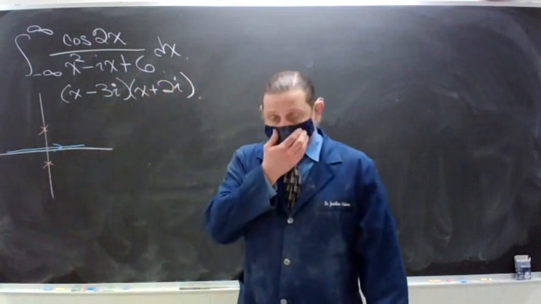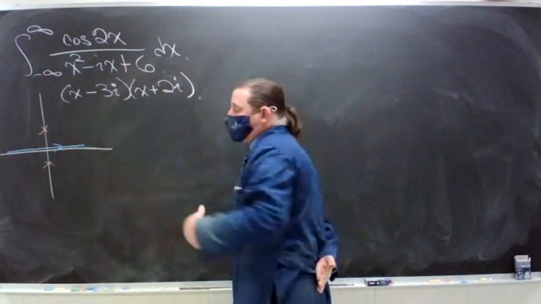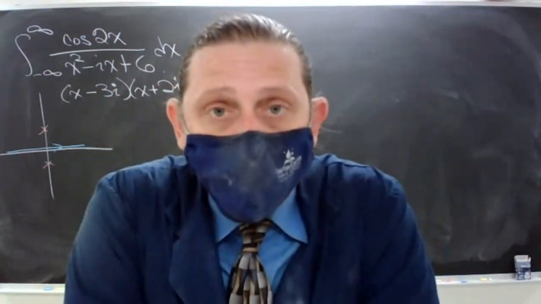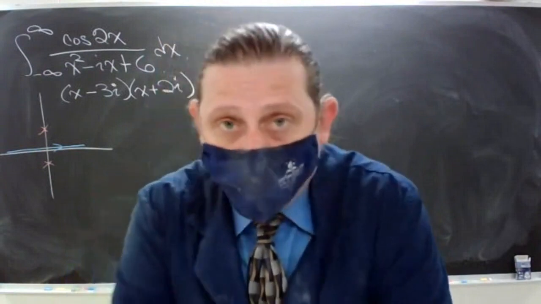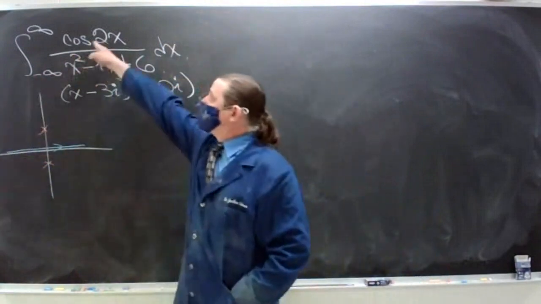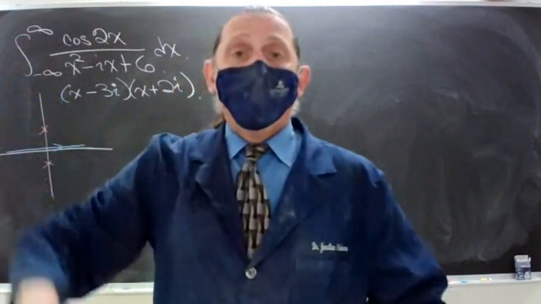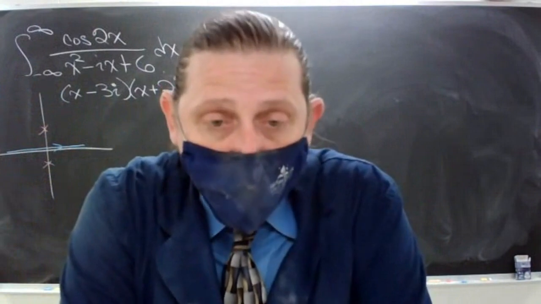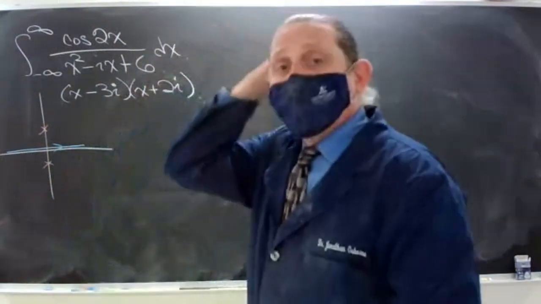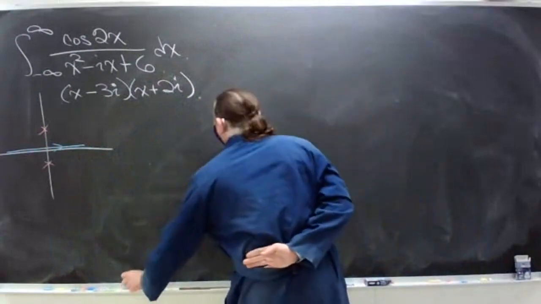All right? Now, when I am doing this integral, as we've seen, I can't close this real part of the contour in the upper half or lower half with cosine. The cosine is unbounded both in the upper and lower half planes. So what I'm going to have to do is split this cosine up. So I'm going to write it as